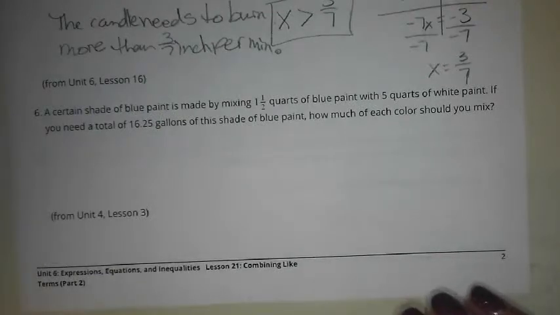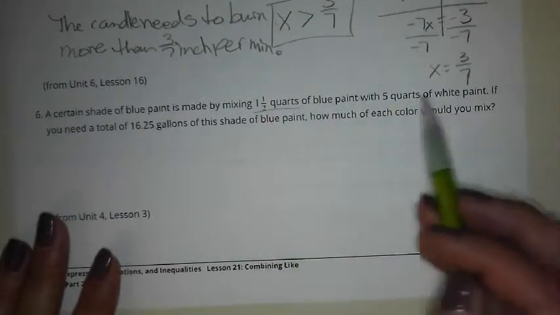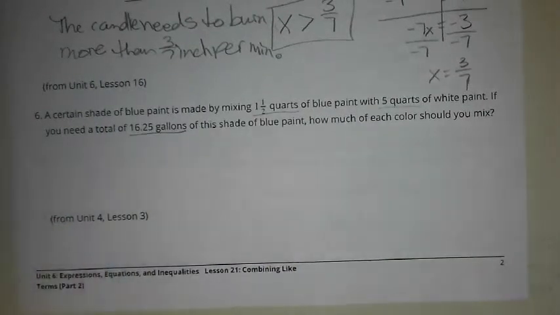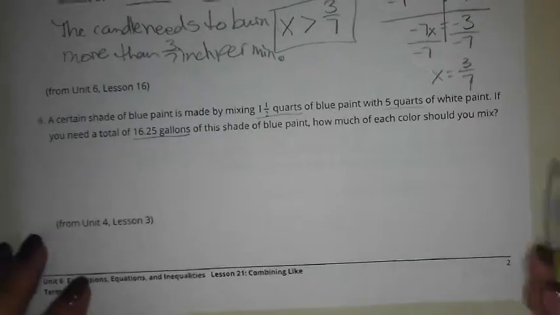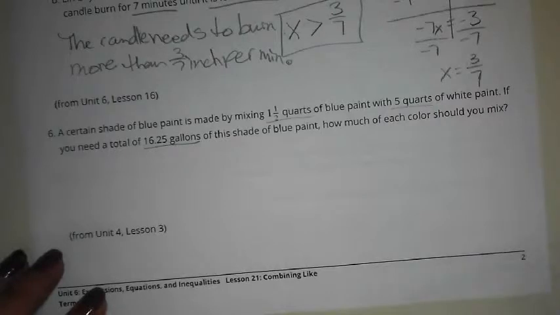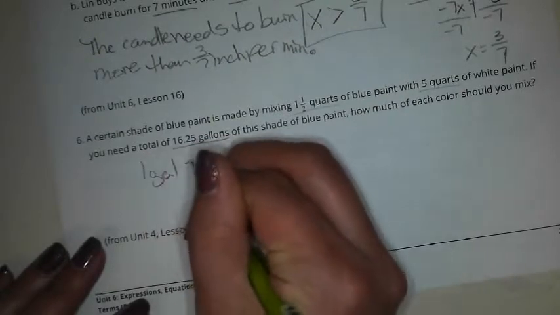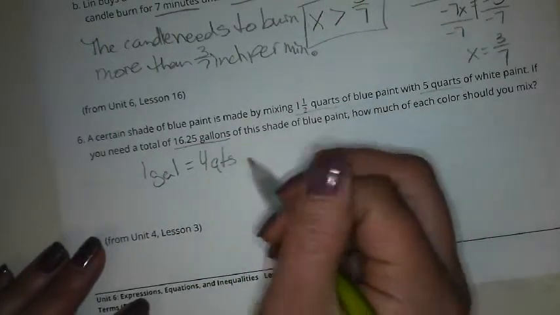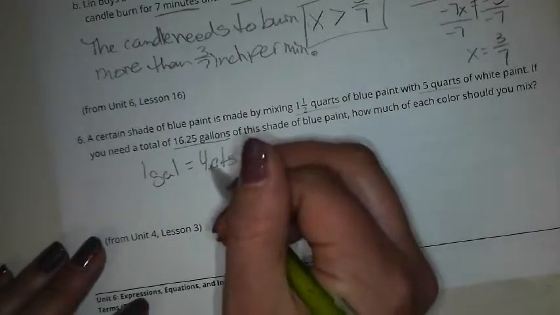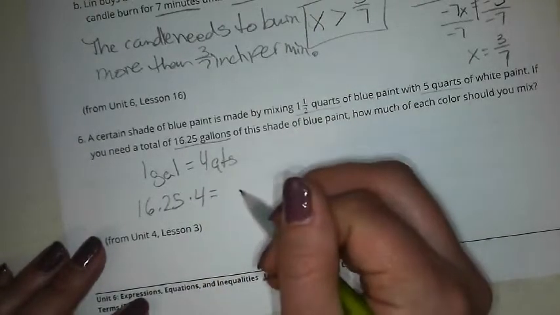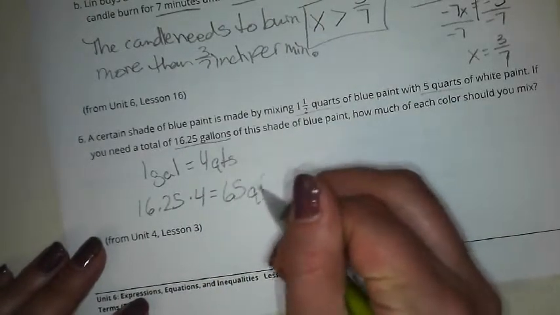Okay, 6. A certain shade of blue paint is made by mixing 1.5 quarts of blue paint with 5 quarts of white paint. If you need a total of 16.25 gallons of the shade of blue paint, how much of each color should you mix? So the first thing I notice is I have quarts and I have gallons. So I need to change them all to the same unit. For every 1 gallon, there are 4 quarts. So I'm going to take 16.25 times 4. So 16.25 times 4 gives me 65. So there's 65 quarts